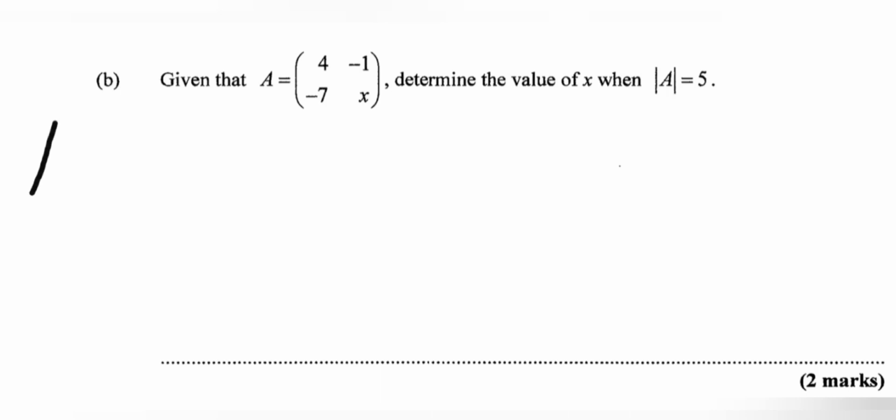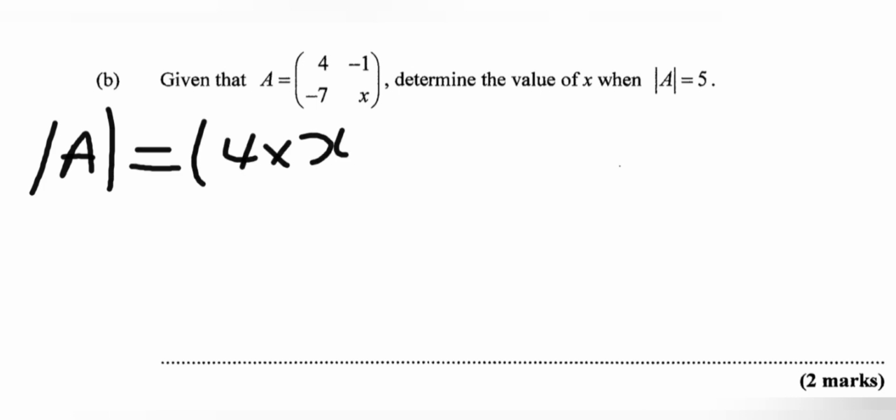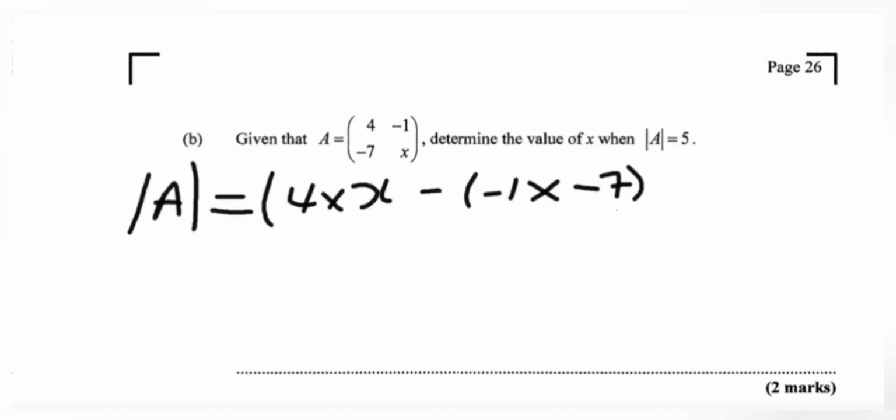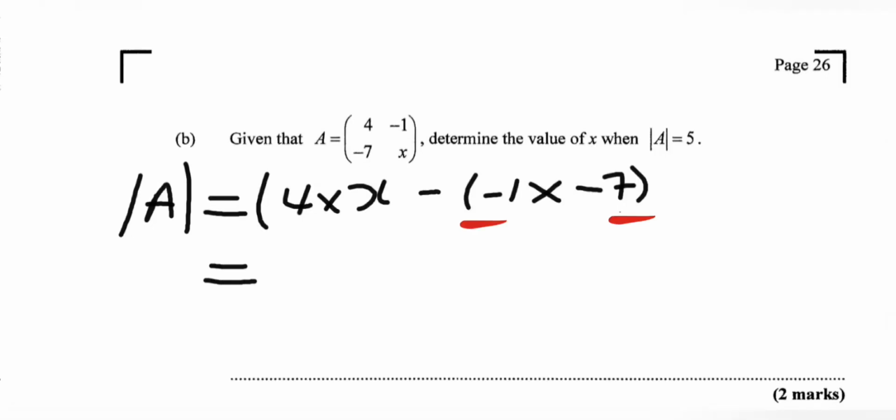So we're going to write an equation. The determinant of A will equal the leading diagonal, which is 4 times x, minus the product of the non-leading, which is negative 1 times negative 7. Just be careful with that negative sign there. I'm going to put these in brackets. So let us simplify. 4 times x gives us 4x, minus negative 1 times negative